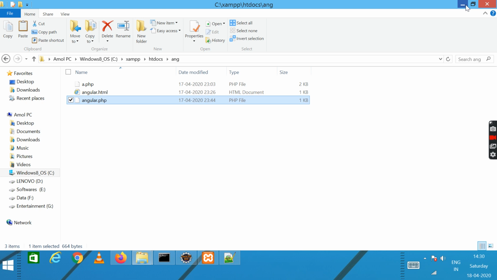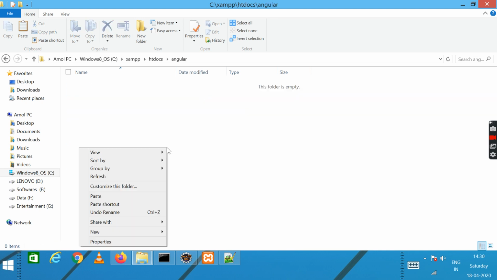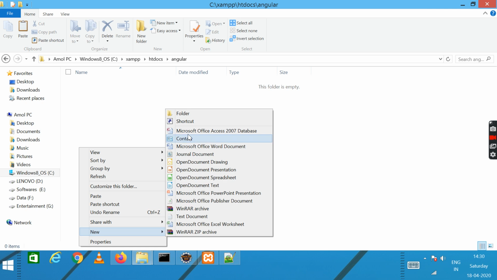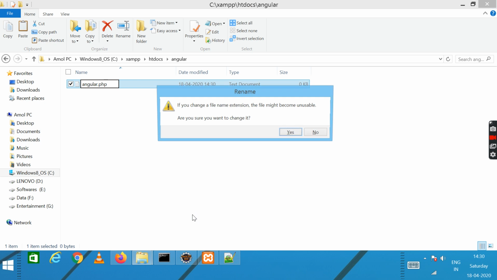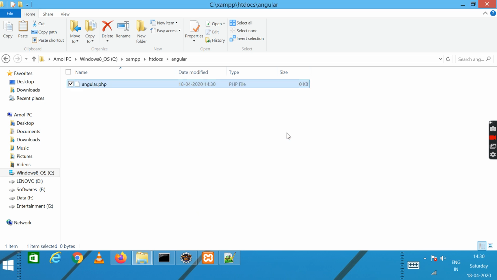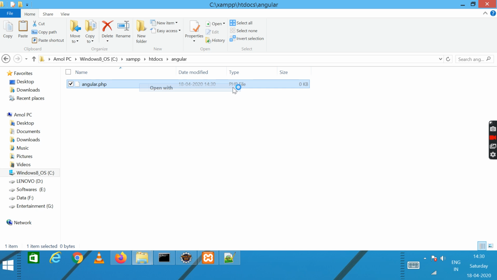So in my Angular folder, I'll be creating a new file, and I'll name it angular.php. I'll be opening it with Notepad.